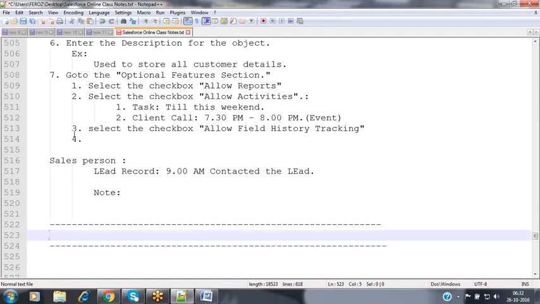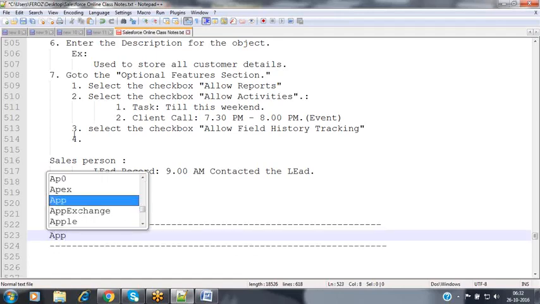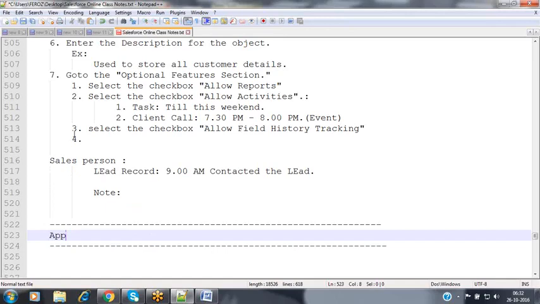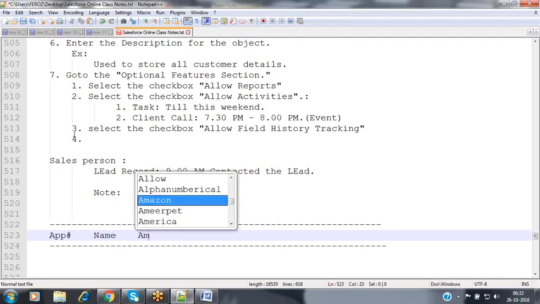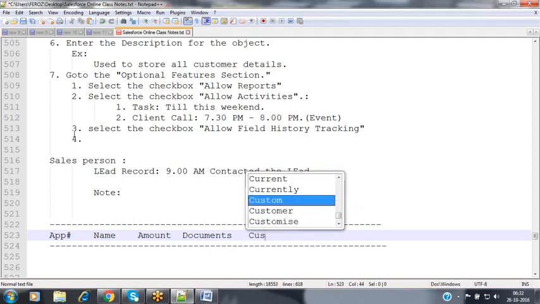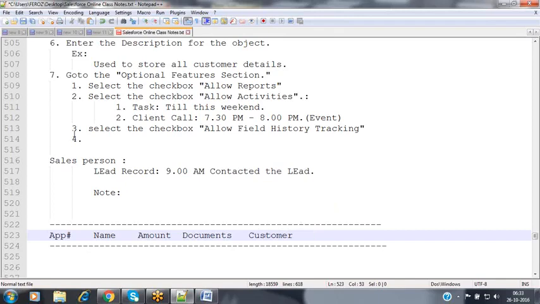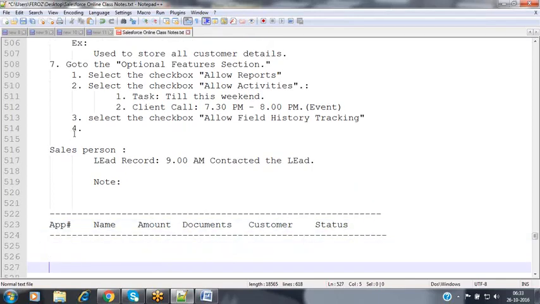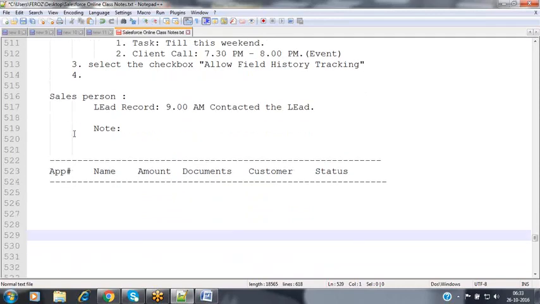In this table, I have the application ID, application number, loan application number, and then the name of the customer who has applied for the loan, what the loan amount is, and the documents required, whether all the documents have been submitted or not. Whether he is an existing customer or a new person who has applied for the loan, and then the loan approval status. So these are the various columns that I have mentioned inside my table here.